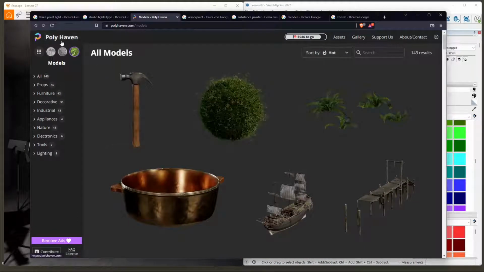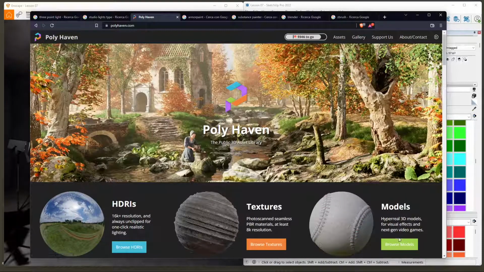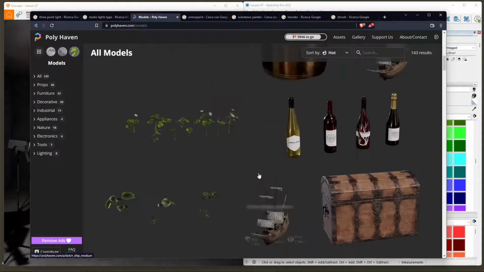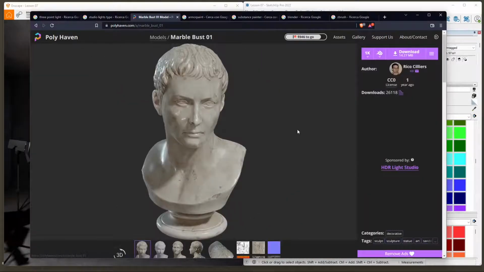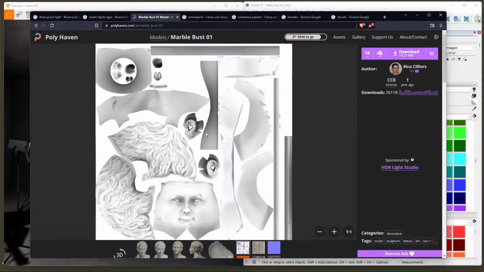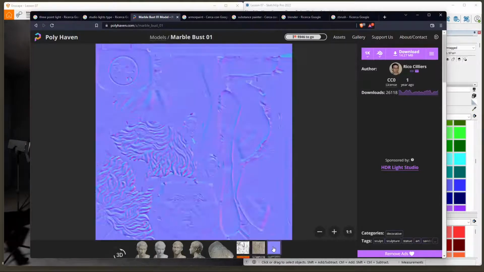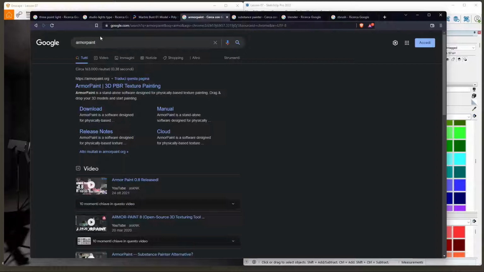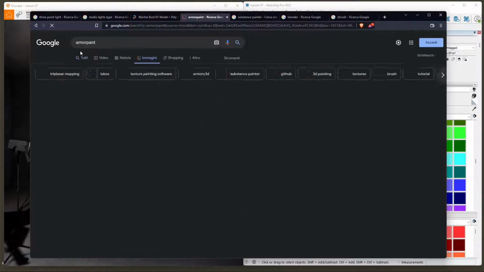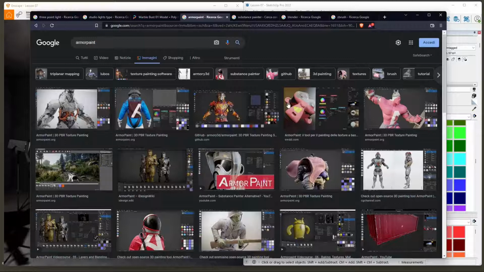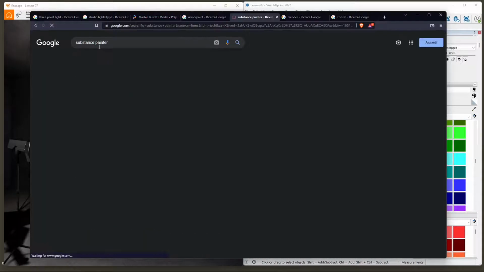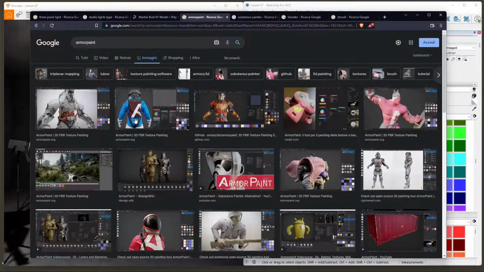And also we're gonna go back to Polyhaven, and we're gonna go to the models, and I'm gonna show you how you can import these models, and just to show you also how you can work with the unwrap texture, and again with materials that you can import. Now, if you're interested in creating materials, I suggest Armor Paint, which is a painting software basically, which is similar to Substance Painter, but it's open source, and so it's free. And also you can create really advanced materials and textures with